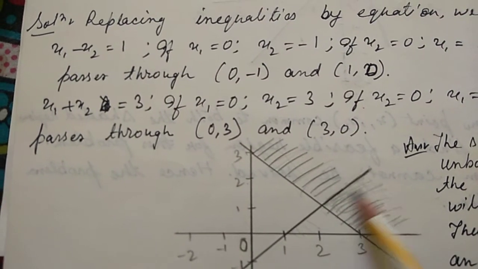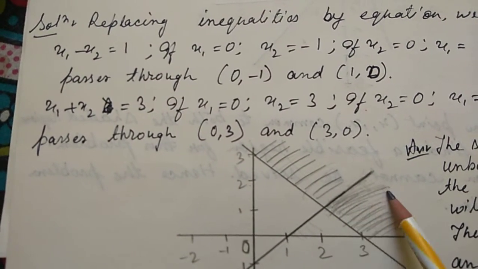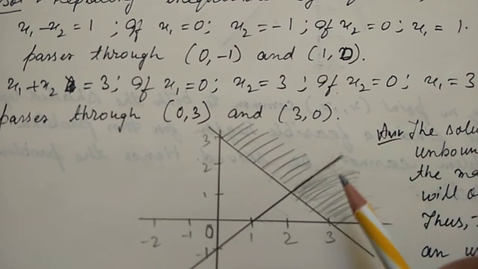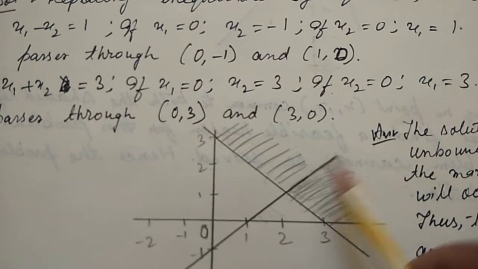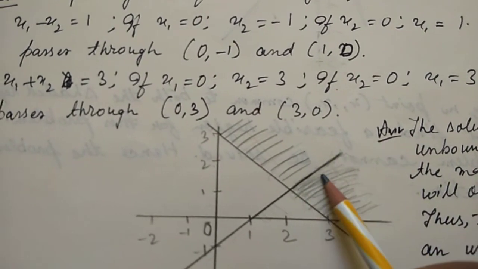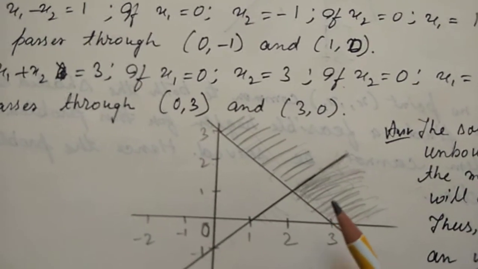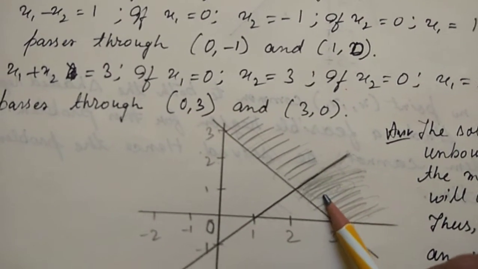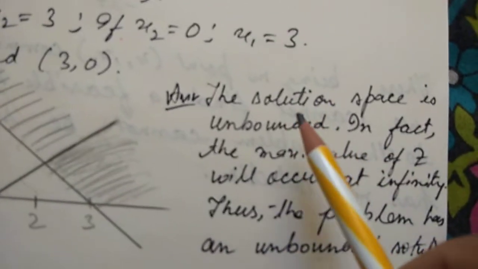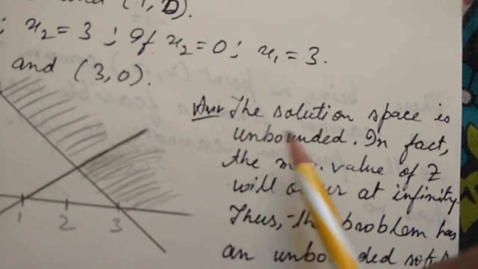But can we make a boundary of the optimal region of this common region? You don't know where it is going, right. It is saying it is greater than equals to these two straight lines, but where it is stopping you don't know, right. So, in this case what do we write? We write the solution space is unbounded.